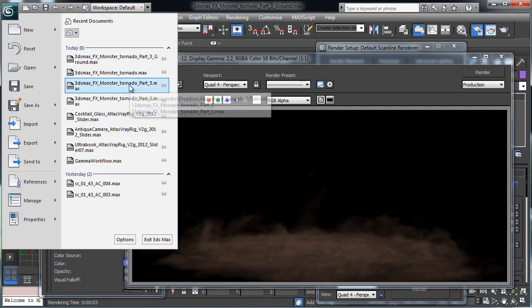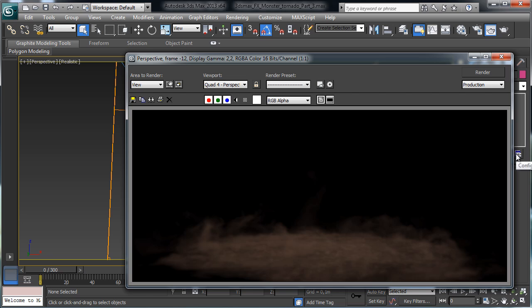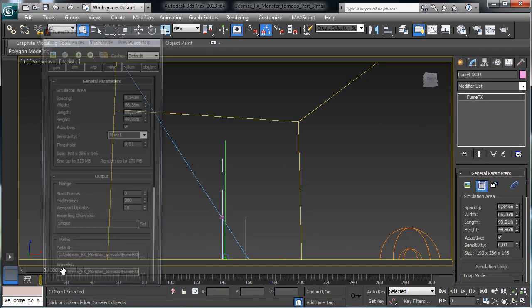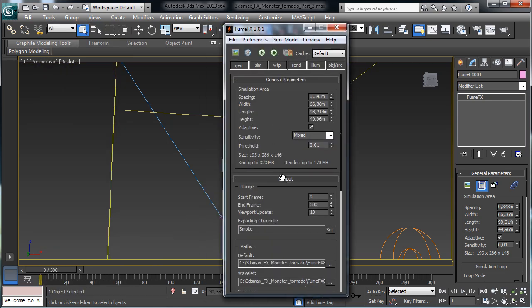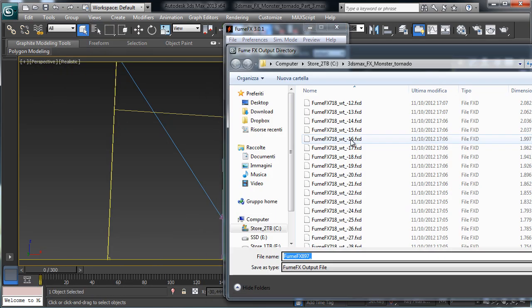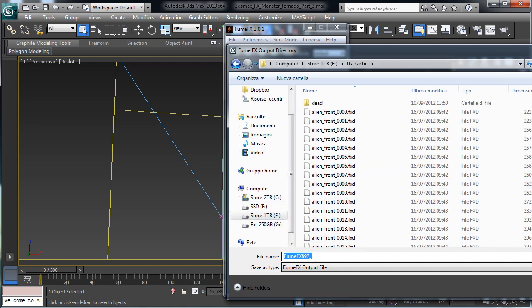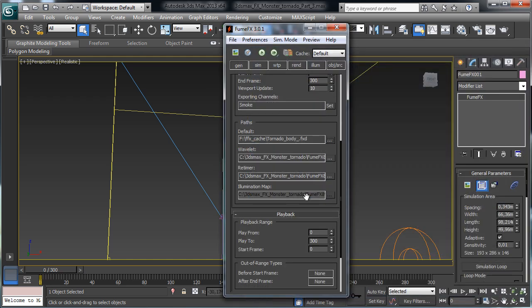Then I like to go to the monster tornado main body and control the final looking. So let's go to say where we have to save. Let's save there, and let's say that it's the tornado body. Okay, we have the